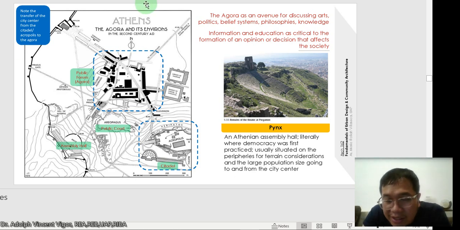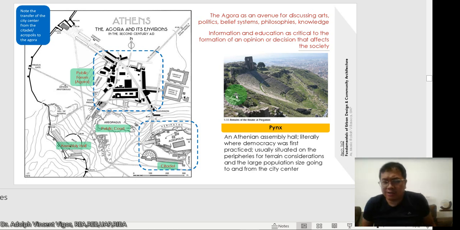Okay. Right, so I think this is the remains of the theater at Pergamon. So I'm not so sure if this is the same theater that was considered to have a perfect acoustical system, where even if you stand here at the bottom, they could still hear you here at the top because it's just really nice